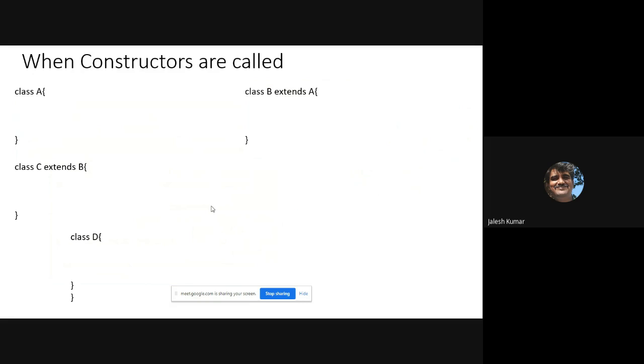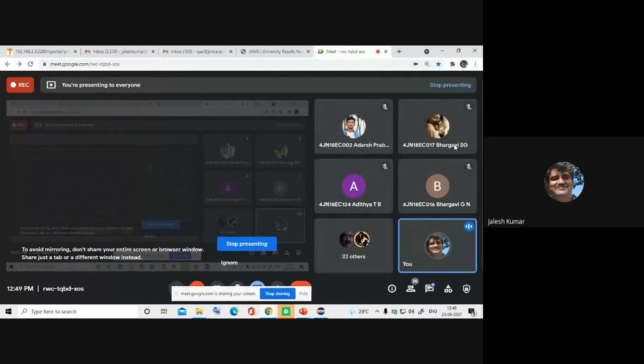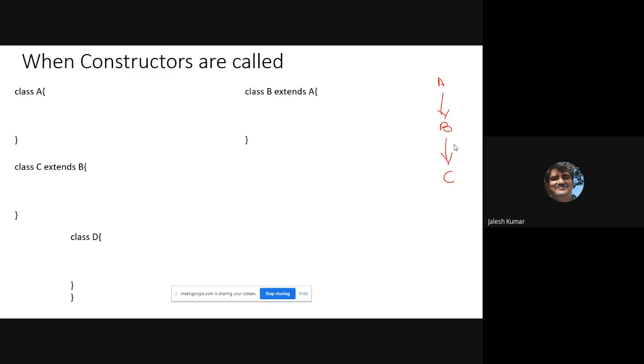Next, I'll take one example. I have written one class A, where class B extends A, and class C extends B. Okay, like A, and B extends A, and C extends B. That is multi-level inheritance that we wrote. Now, when you are doing this, A has one constructor with System.out.print.